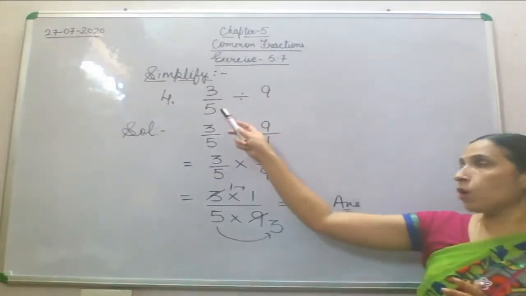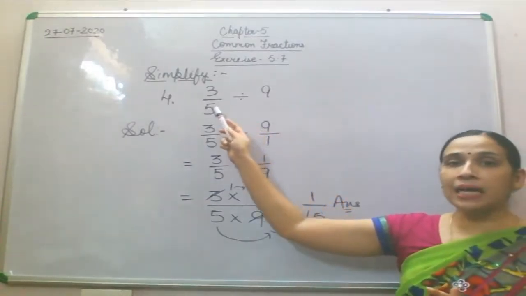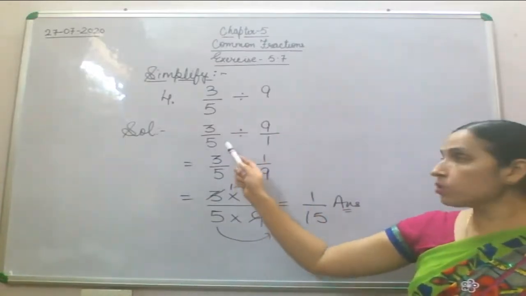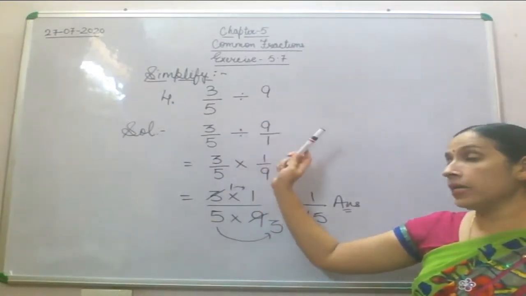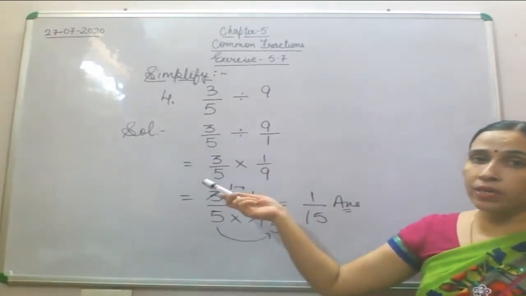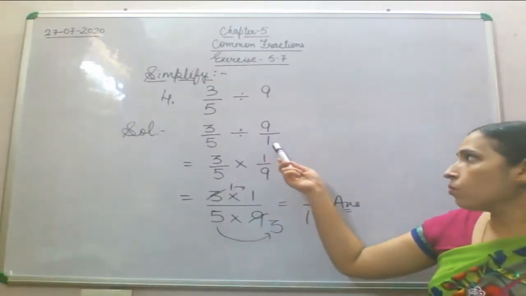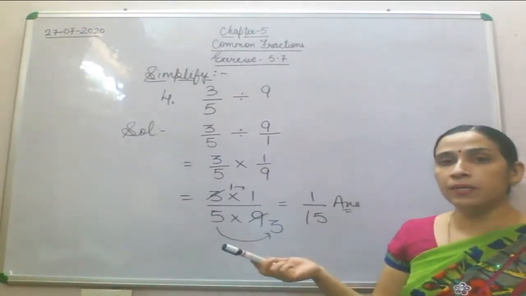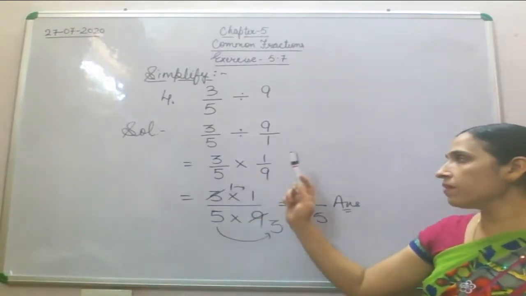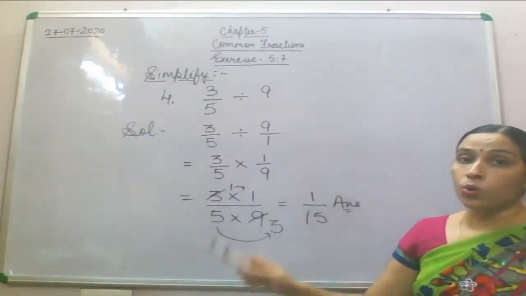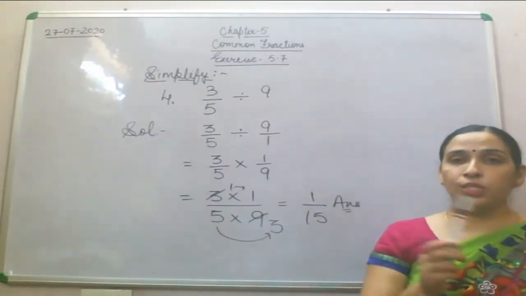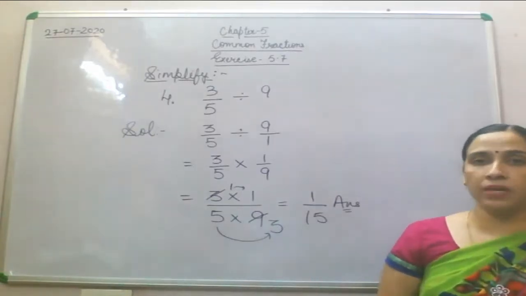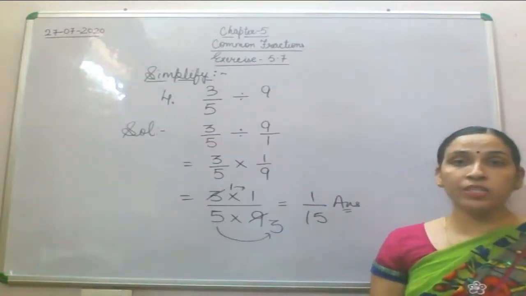Now here in this question, a proper fraction is given to you and that will be divided by a whole number which is 9. So let's do the division now. 3 by 5 is going to be divided by 9. Now we don't have anything in the denominator, so we will write 1 over there. So now what is the next step? The next step is 3 by 5 will be multiplied by. Now division must be changed into multiplication for solving it, because the opposite of division is multiplication. Just like that, the opposite of addition is subtraction.